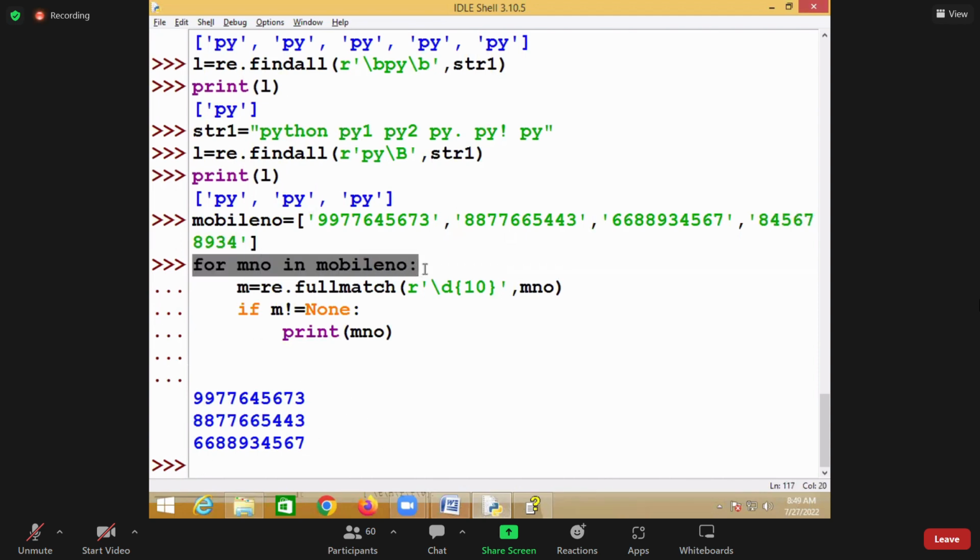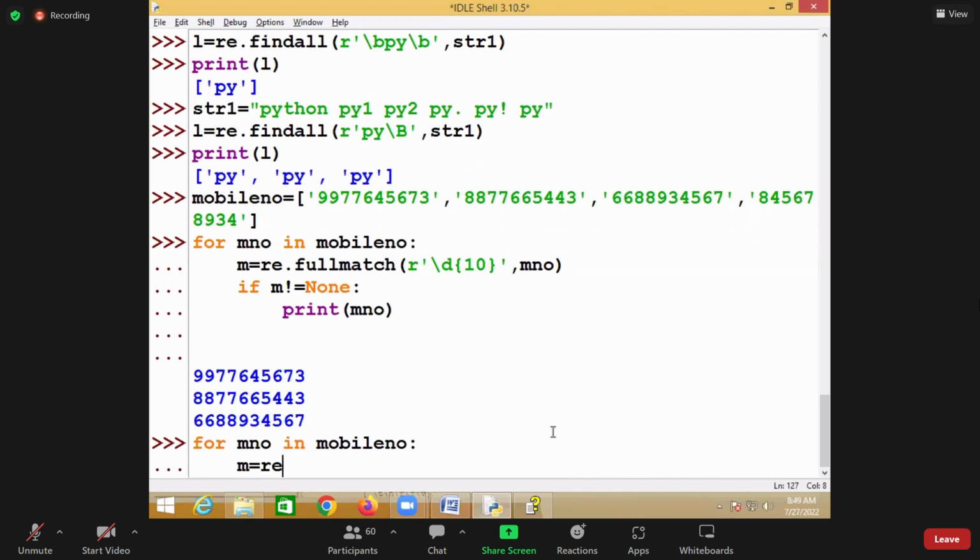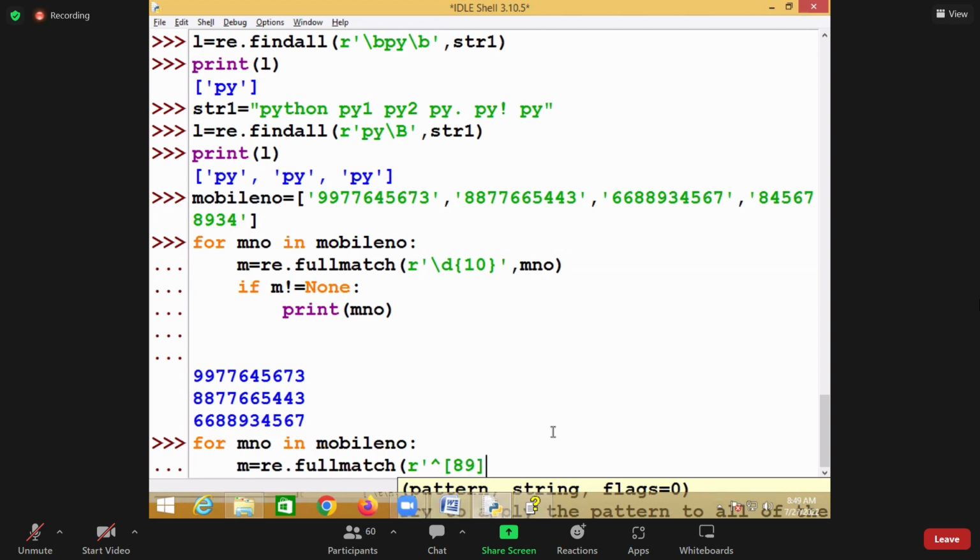Now suppose I want to find specific mobile numbers. For example, m equal to re dot full match. I want to find the mobile numbers which start with either 8 or 9. The mobile number should start with either 8 or 9 and be followed by